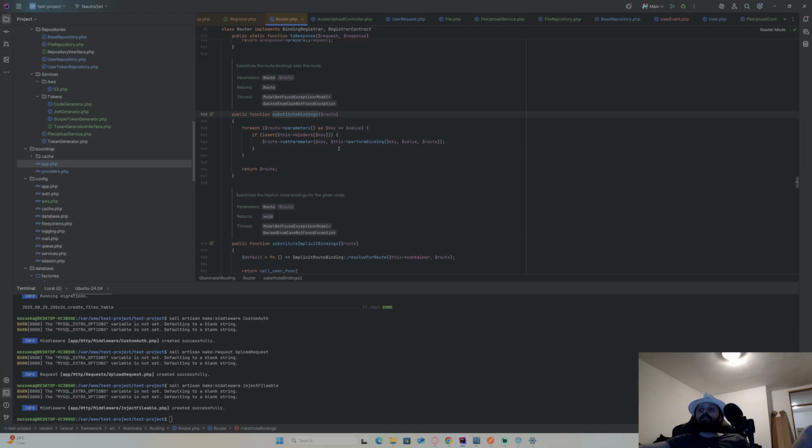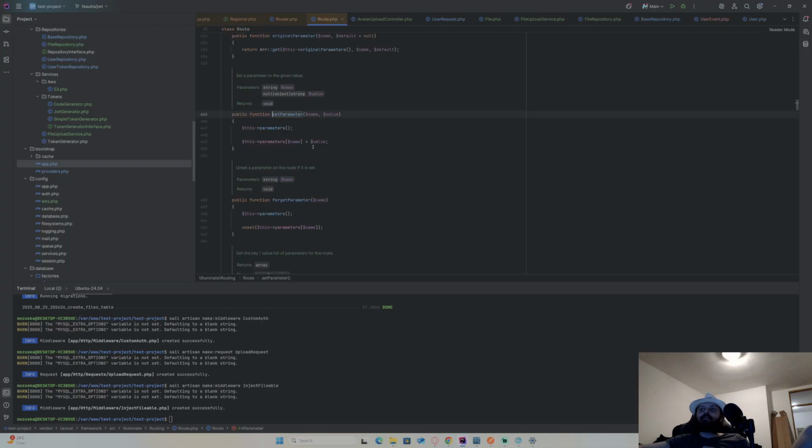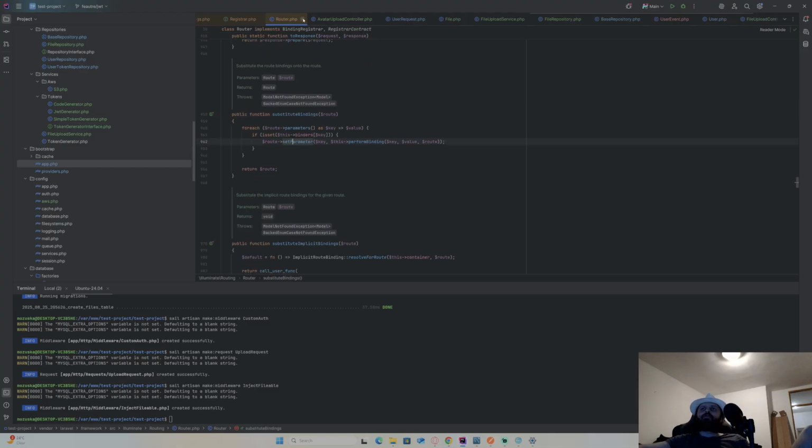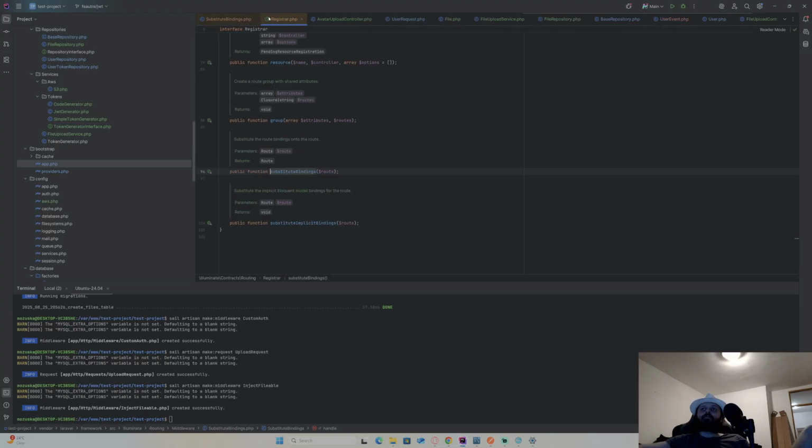Route set parameters. Also, it's set parameters. So if I set a parameter, it will be bound automatically. Let me check. Yeah, just set parameters into route.